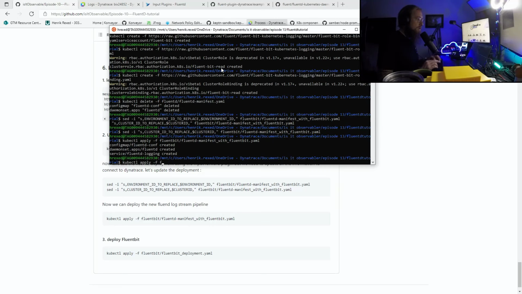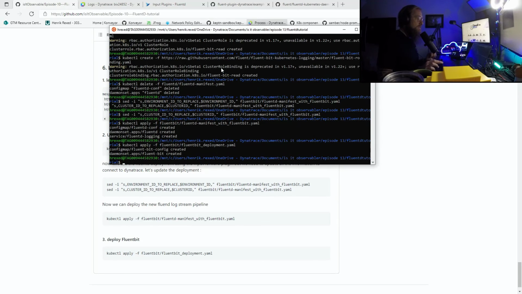So that's in one cluster, but you can obviously imagine a use case where you have multi-clusters and where you chain this process. All right, now let's have a look at what we have in terms of pods first in Dynatrace